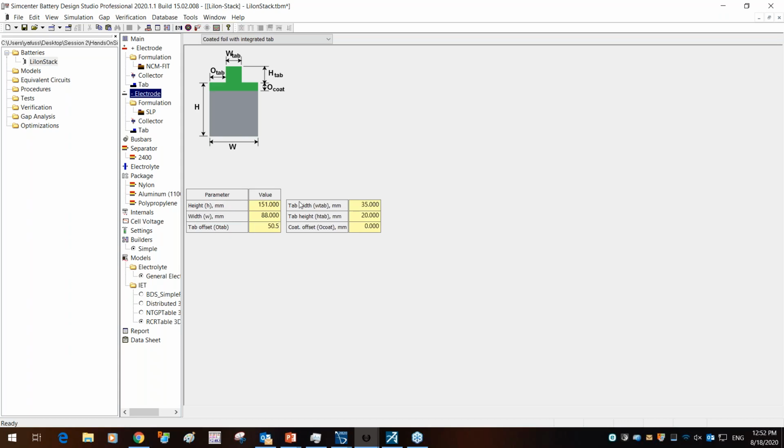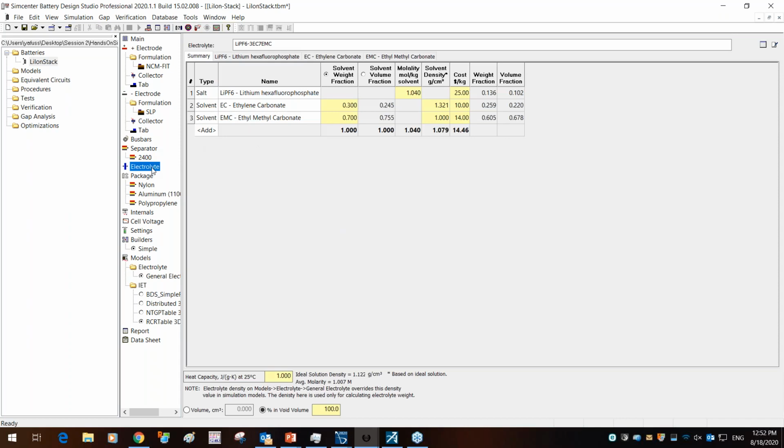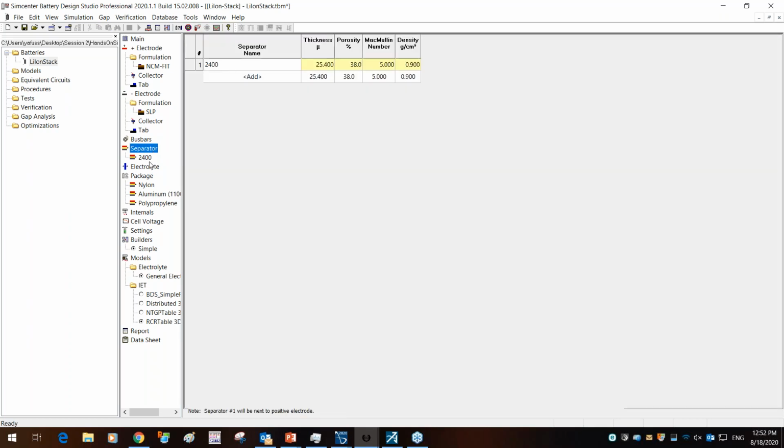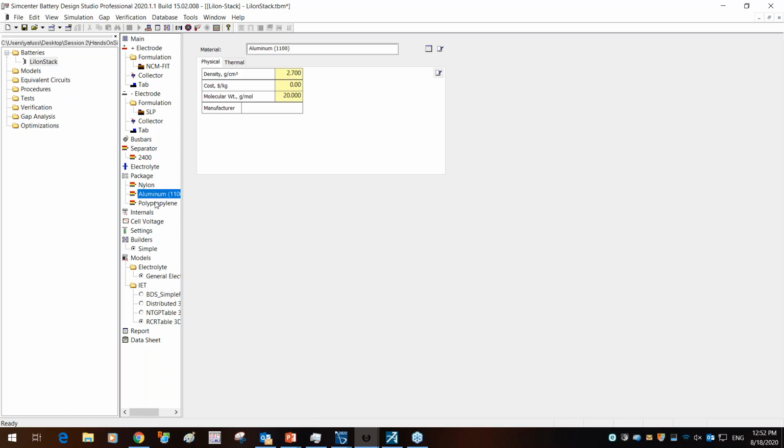But beyond just battery formation or the shape of the battery, we're also looking at the material properties in terms of the separators, the electrolytes, the package material. But you're also going to see costing as another feature. So beyond just looking at the geometry, as Kaushik said, it looks at costing features. You can make equivalent circuits. It has all the material properties within this database. So it's quite an extensive document in terms of developing any sort of lithium-ion batteries.